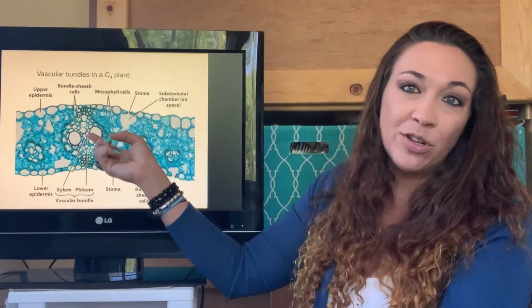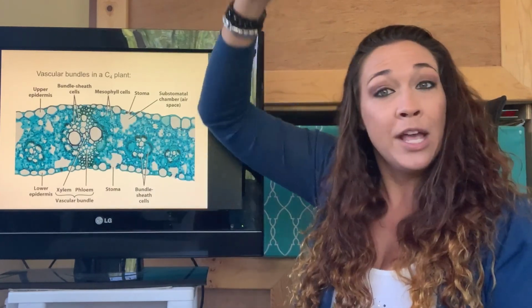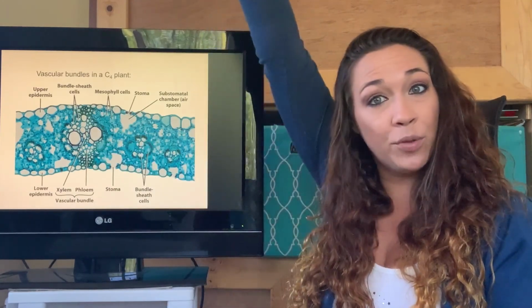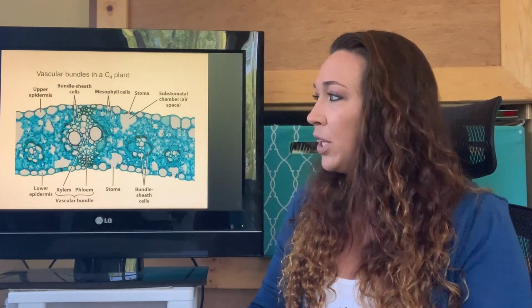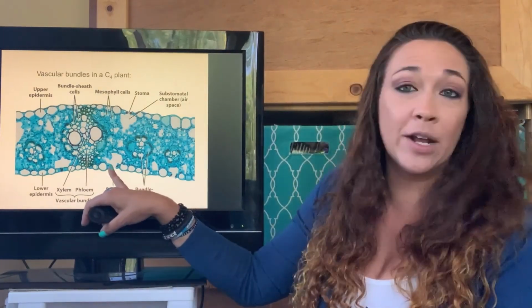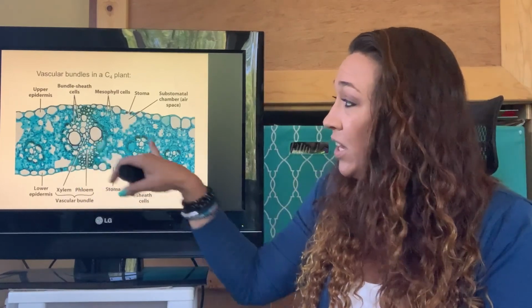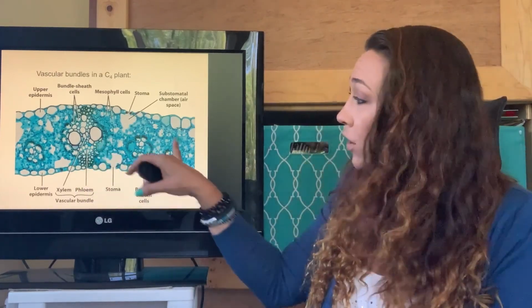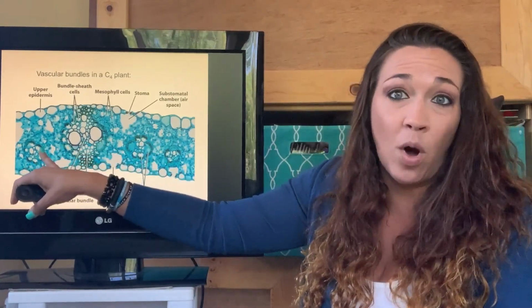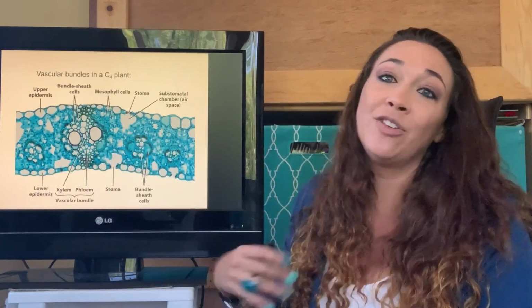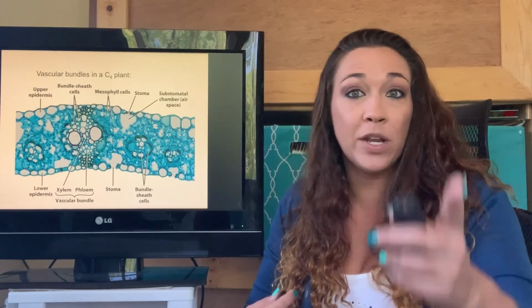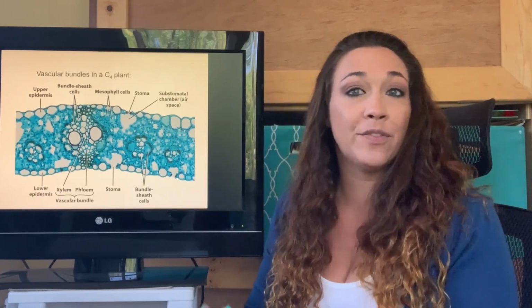But these essentially are the reason that plants are able to get so tall, because they can send the water all the way from their roots to the very tops of their trees. So really kind of cool. These stomata essentially are just openings into the interior of the plant, and therefore all of these cells are bathed in water and containing water. So if you were to open this up and it gets too hot in here, then you're going to start to get that water evaporation. That's why you need to keep it closed during certain parts if it's too hot.